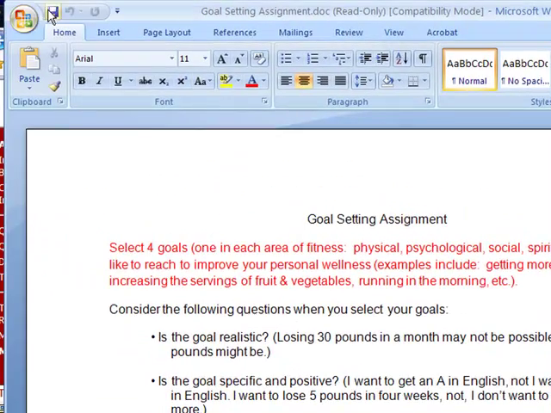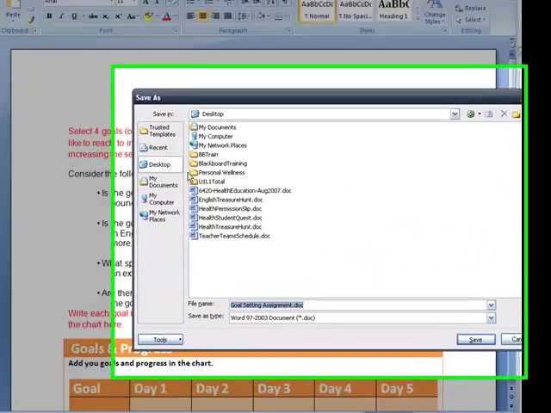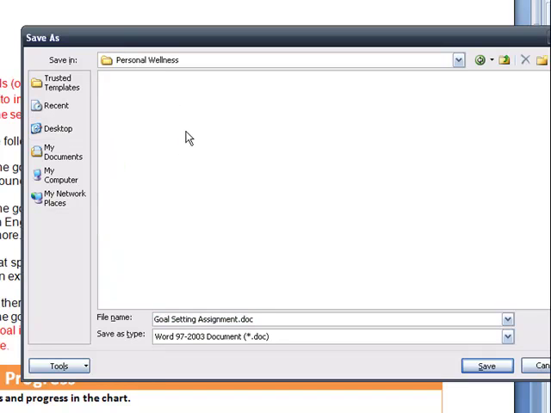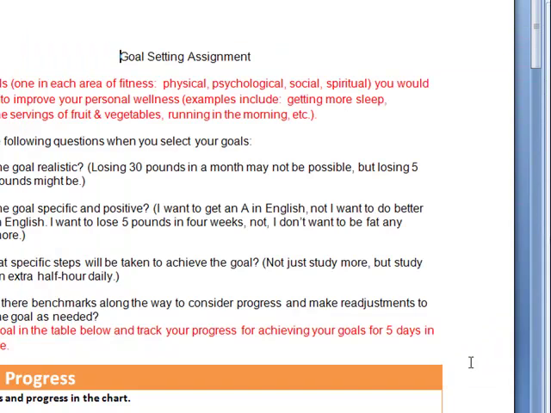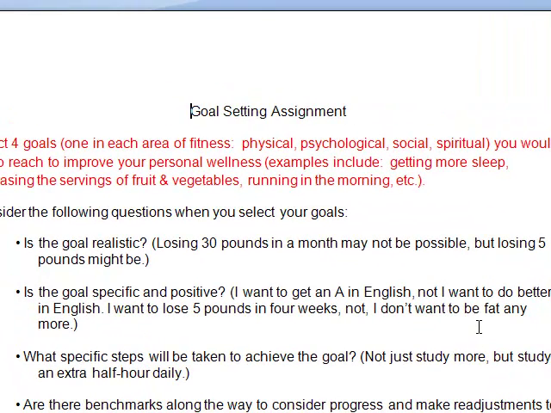And then you go immediately to save this in your portfolio. Then make sure you save the assignment with your first initial and your last name, and then click Save. If you don't take that extra step at the beginning to save it in your portfolio, for one, your assignments